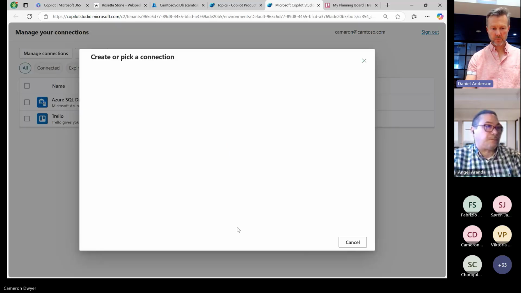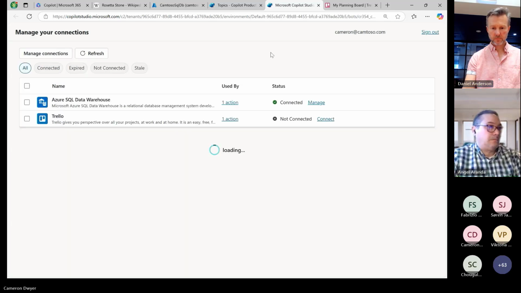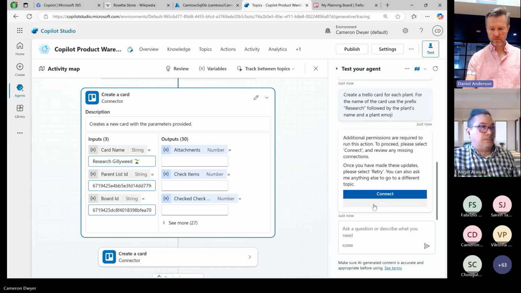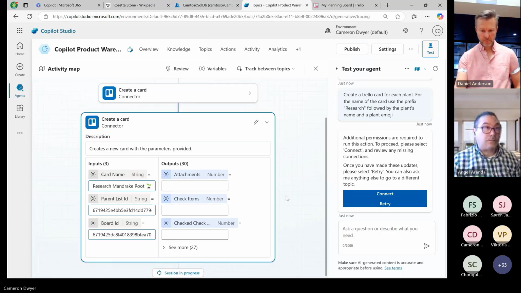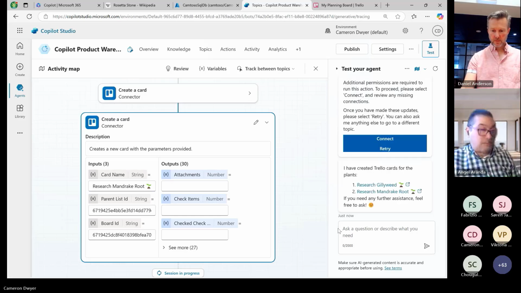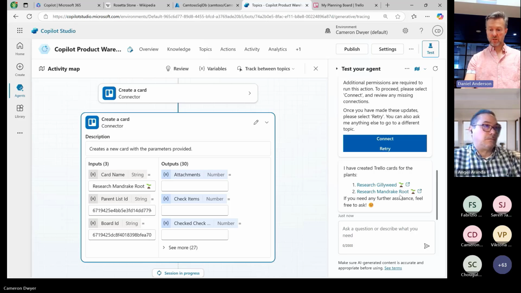So, set up the Trello connection. Okay, hit retry. All right, I've created Trello cards for the plants: research gillyweed, research mandrake root.